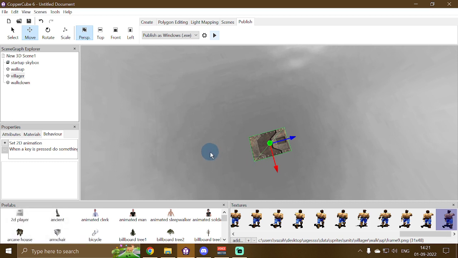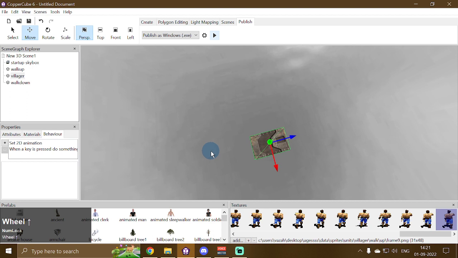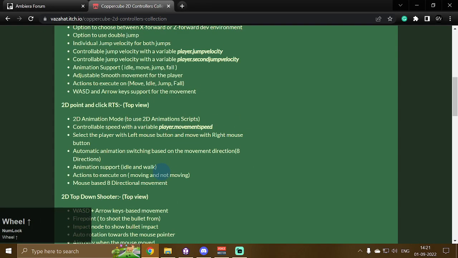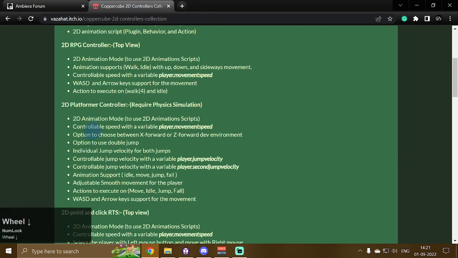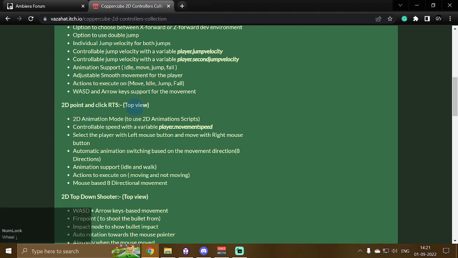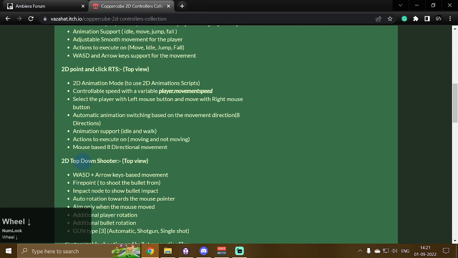So yeah, that's it. That's how you can use this plugin or extensions. There are also some controllers that I have created to ease out the process of creating 2D games. And let me just show you what those are. As you can see, I have this 2D RPG controller and I have a 2D platformer controller. I have a 2D point and click RTS controller, and the final one is the 2D top-down shooter, which is the extensive